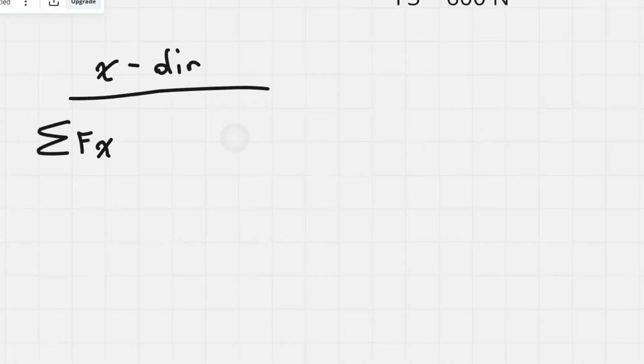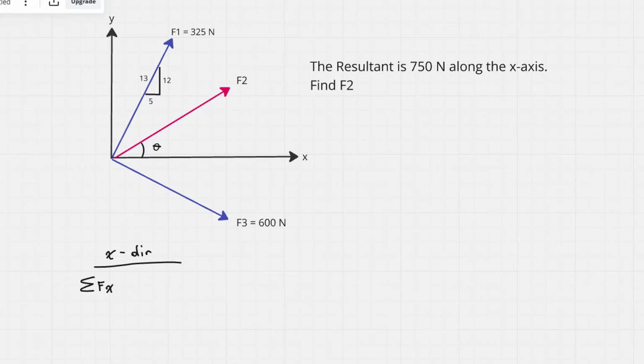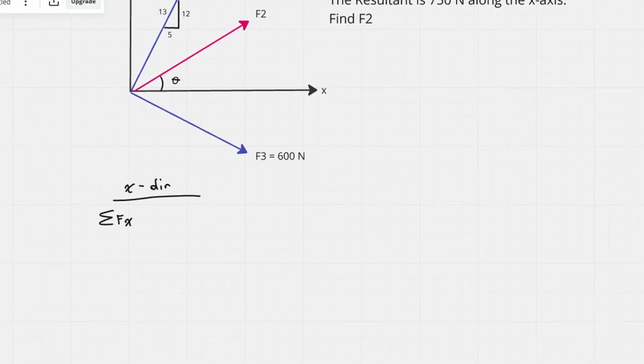And how we'll do that. So it looks like, let's do force number one. Force number one, if we look at it, it's this vector and it has 325 newtons, but it has this little triangle on it, this 5, 12, and 13. And basically what that's saying is it's giving us the angle here. Because think about it, this triangle is going to be proportional to our big vectors, right? And so what we can do is we can say